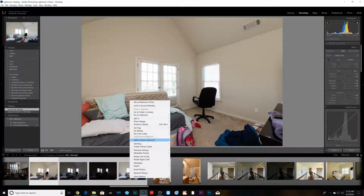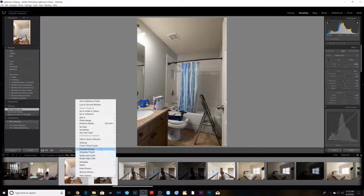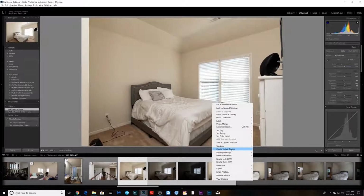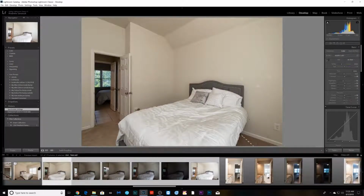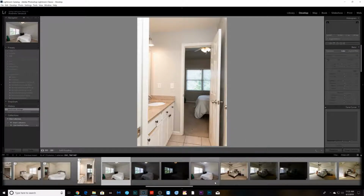Usually when, well, here's a perfect example. This small room, yellow light bulb, tan walls, usually I'll go in there and do an auto white balance on it. I only did 2 shots for that since there's no windows. I did a flash and then 1 ambient. I didn't do a bracket on that. It's just kind of not needed. It might not even be needed for like these bedroom shots either. Like if it didn't have multiple rooms, if it was just like one room, probably wouldn't necessarily need brackets, but